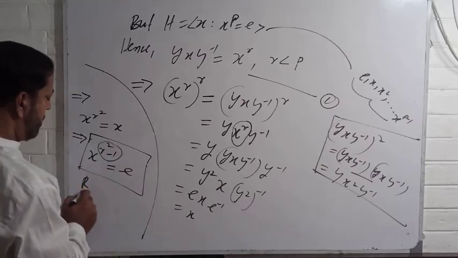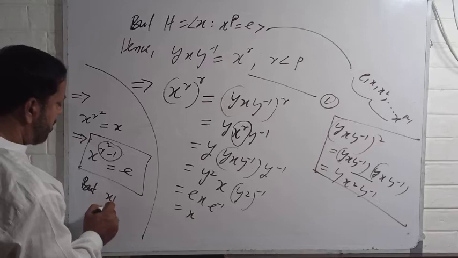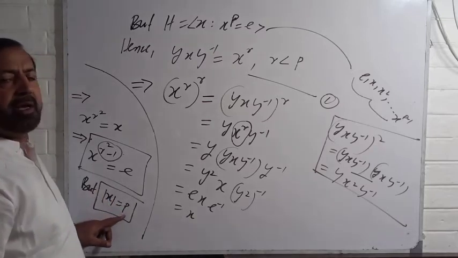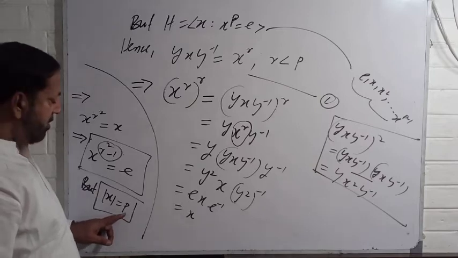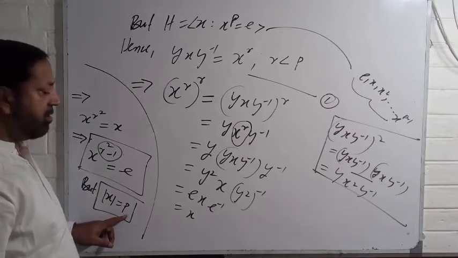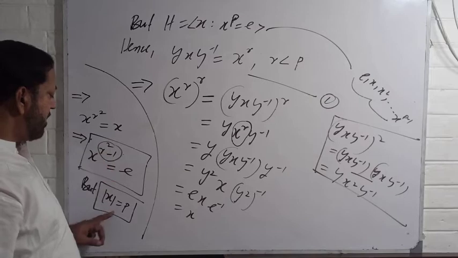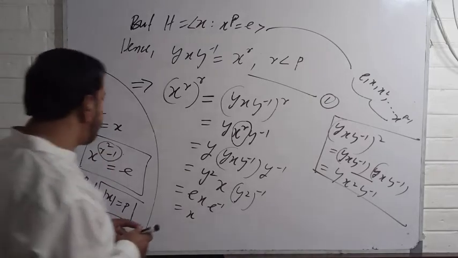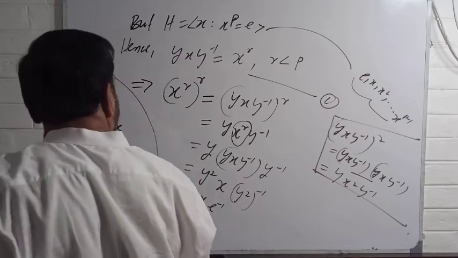But you know order of x is equal to p. When I am saying that order of x is equal to p, then p is the least positive integer for which x power p is equal to e. Okay. So from this calculation,